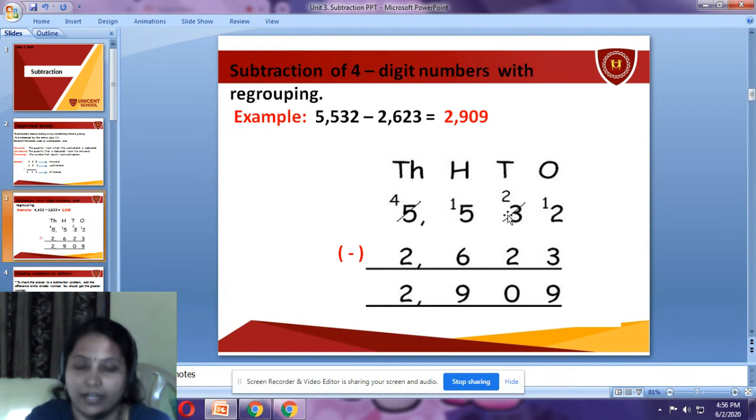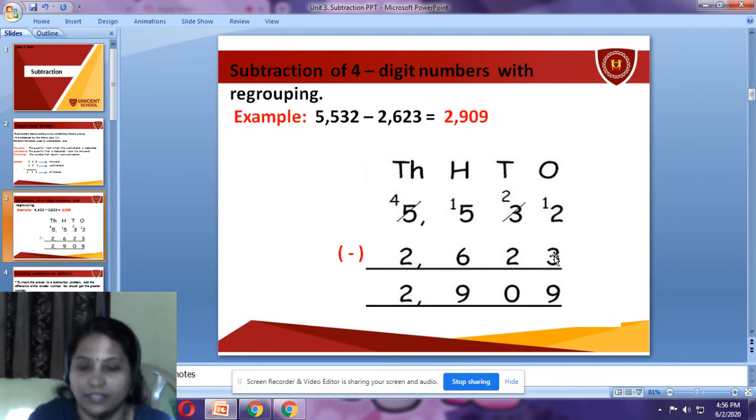When you borrow 10 from tens place, how much will it become, children? 10 plus 2 will become 12. So from 12, we need to cut 3. Instead of taking 12 fingers on the hand and cutting 3 fingers, I'll explain an easy trick. We have to cut 3 from 12, right? So you can count after 3 up to 12, and you will get the number that is remaining.